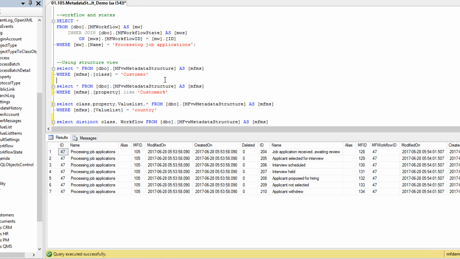To illustrate, here is a view that would show all of the structure elements that are related to customer. So if we execute that,